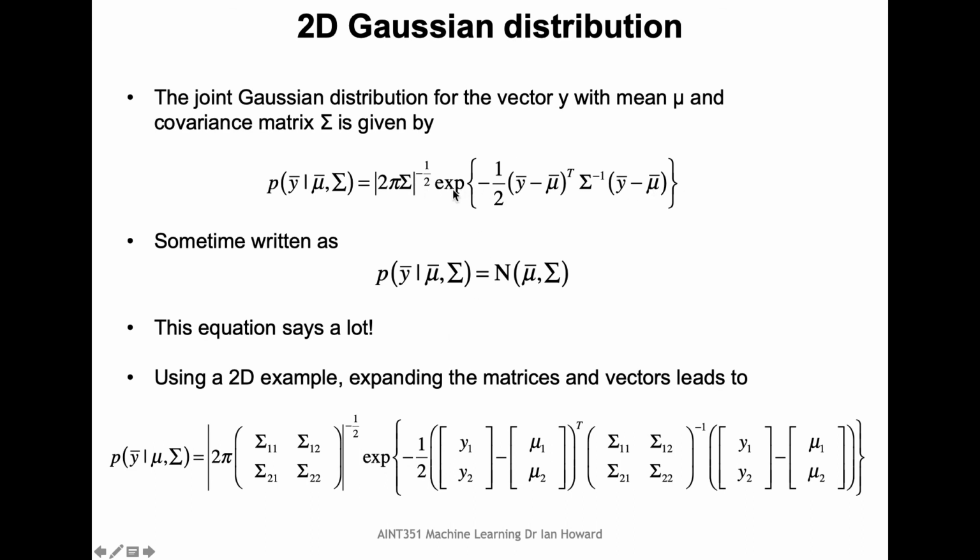So exp stays the same, minus half stays the same. Now we're going to expand out y hat as being a two-dimensional vector, right? So y1 and y2 are the elements. Mu is now going to be expanded out in terms of mu1 and mu2. This whole expression is transposed. It's multiplied by the inverse of our covariance matrix, and again we've expanded out all of those terms, and then we multiply it again by y, take away, in this case, mu, right? So we've got the y1, y2, take away mu1,